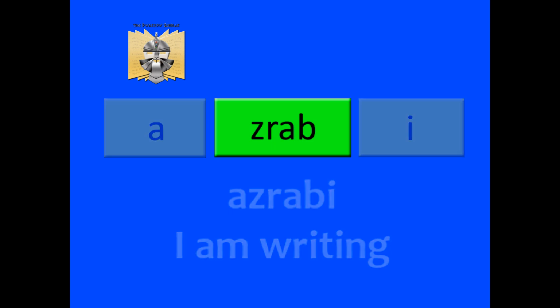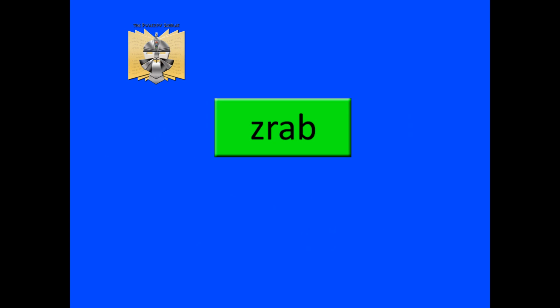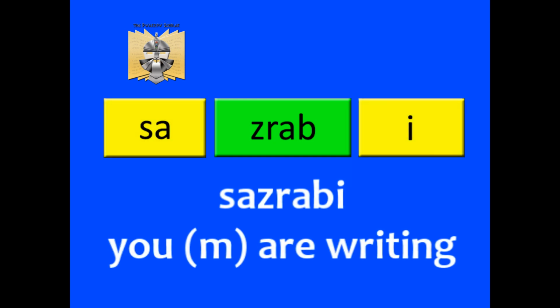Right, moving on to our next room. In this room, Dwalin is writing, and I want to say to him that he's writing. So I would say you are writing, using the male form of you. As you can see, our base will never change. That remains Z-R-A-B, zrab, regardless of the personal form we are using. Now, in the imperfect, when we use the second person, we will always add sa as a prefix, and the ending will depend on the gender that we use and the number of people.